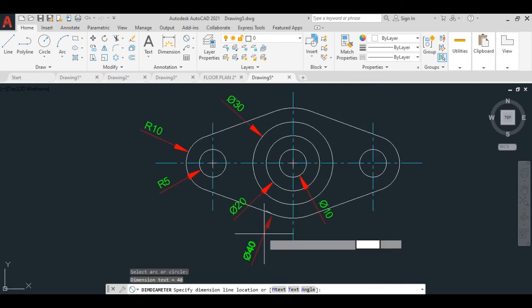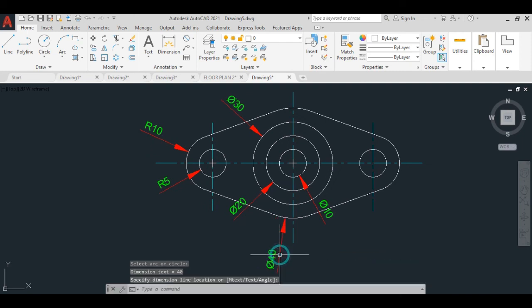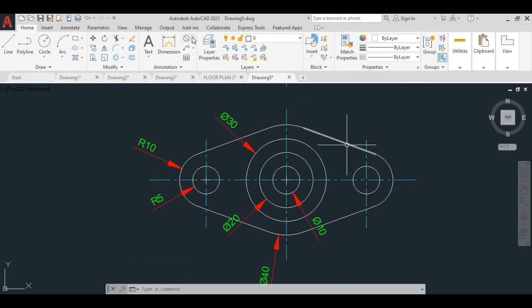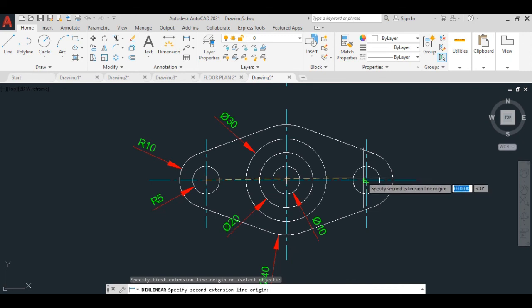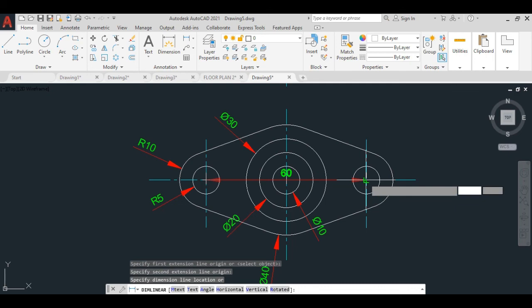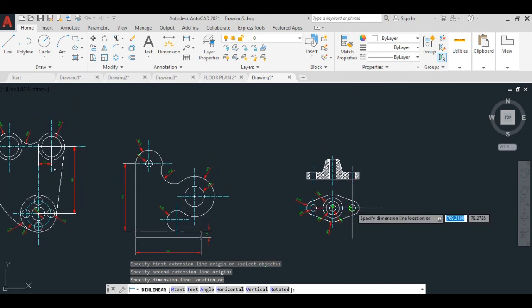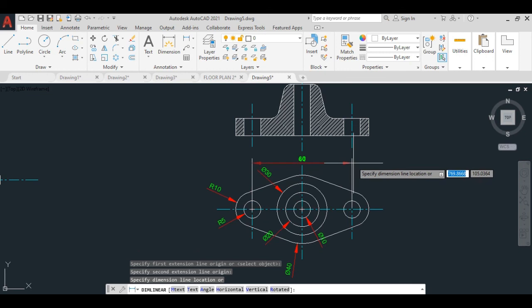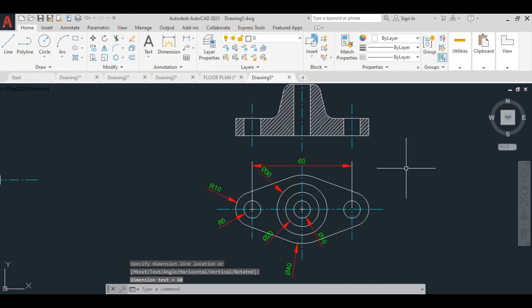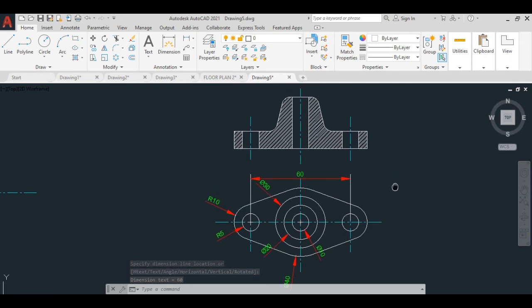So I give it diameter 40. All right, and now I give the distance, mention the distance from here to here, and I place it to this.